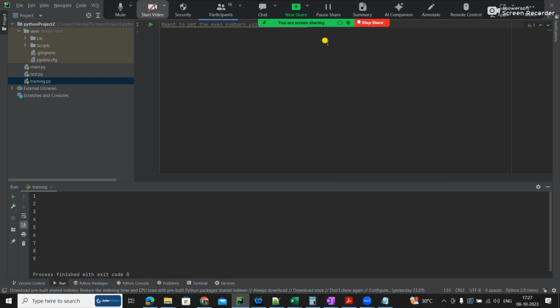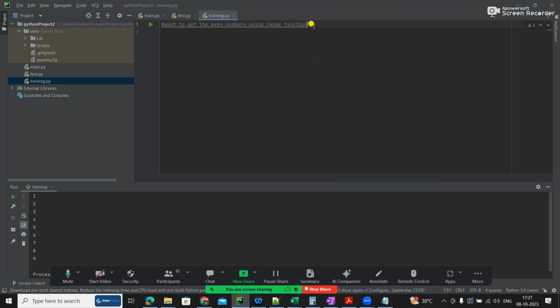So you know range is start and end minus 1. Now to get this, there is some syntax also. I'll give you the syntax, so I want you to build that. This is the syntax: range of begin, end and increment. Increment is like a step function, where whatever value you give, with that it gets incremented. I think you can do it. You just try to do it and give me the answer. I'll give you a couple of minutes. I want only 2, 4, 8, whatever, 10. This much I want to get as the output.